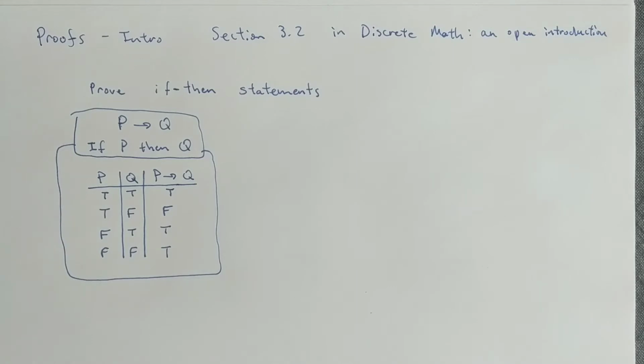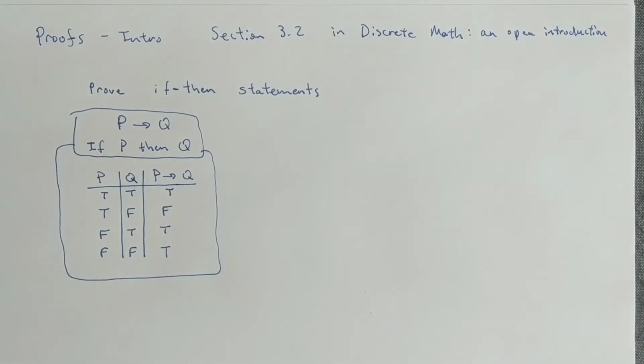So we're going to start talking about proofs. And we're going to prove mathematical statements, the logical statements. And so the type of statements we're going to prove are if-then statements. If you remember from our symbolic logic section, if-then statements are symbolized by P arrow Q, and we read this as if P then Q. So we're going to take specific mathematical statements that we can decide whether or not they're true or false, put those in for P or Q, and then try to decide if the whole statement if P then Q